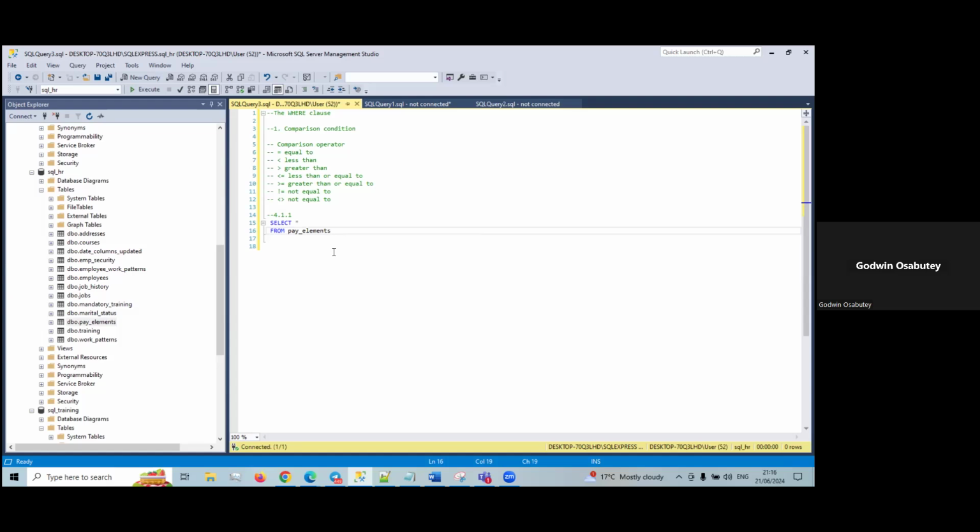So for example, we say select all from pay elements where pay value